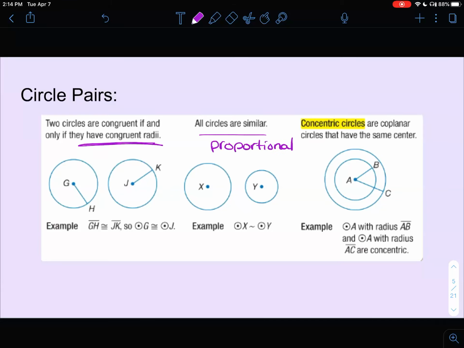And our last one we're looking at here is concentric circles. Concentric circles, think about a bullseye, rings on the water when you drop a stone. The center is going to always be the same for all of these circles, but their radii are different as it goes out. So for instance, for circle A, we have a radius that's formed by AB, and then we also, in the circle A, have a radius of AC. Two different circles, but yet they have the same center. So those are known as concentric